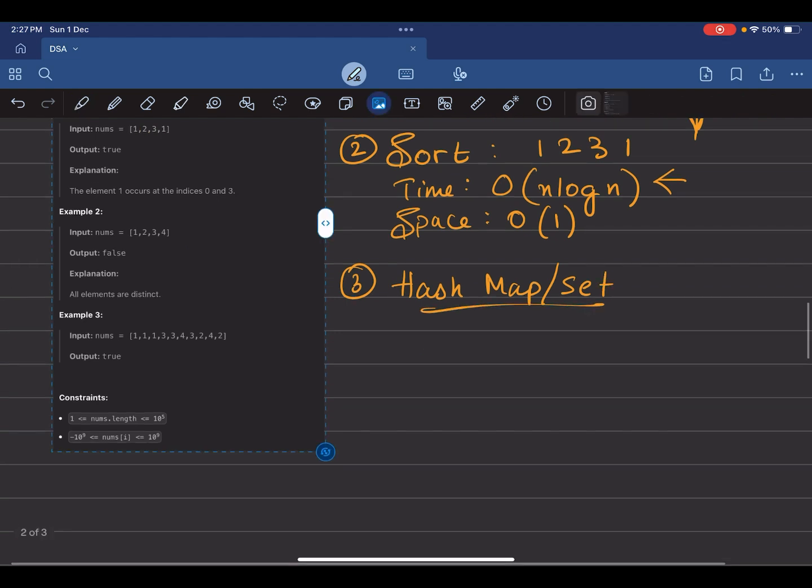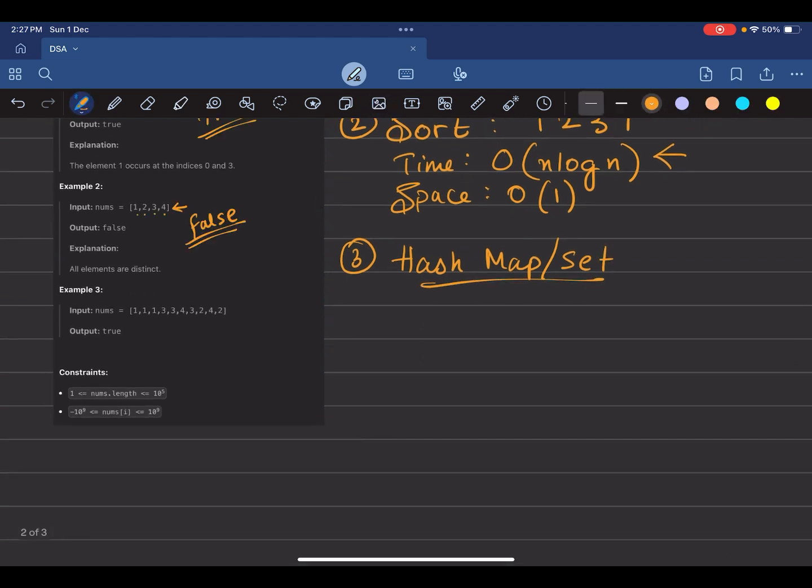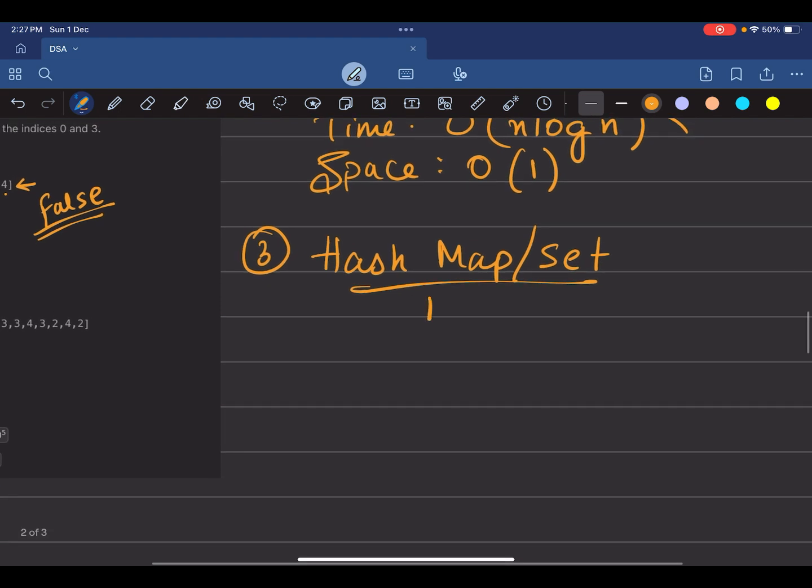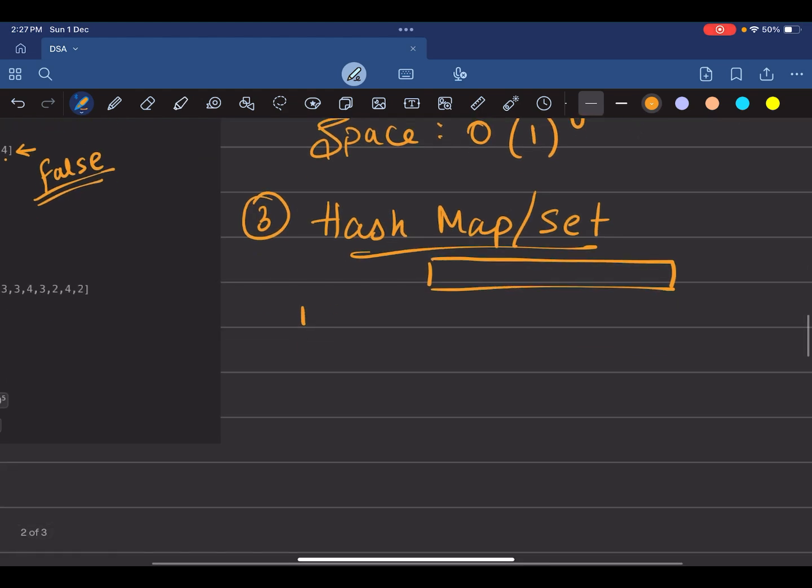What we'll have to do in this case is just create an extra map data structure, and store all our elements inside of it. So suppose we have 1, 2, 3, 1. We'll store 1 in our hash set, and for each of the elements in the array, we'll have to check if it is present in the hash map already. If not, then we'll add it to the hash map,